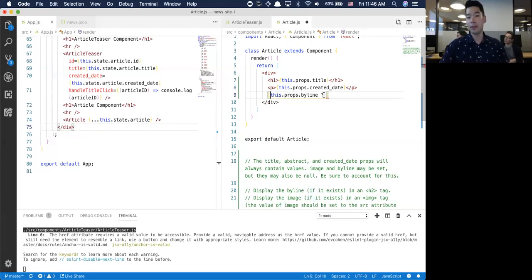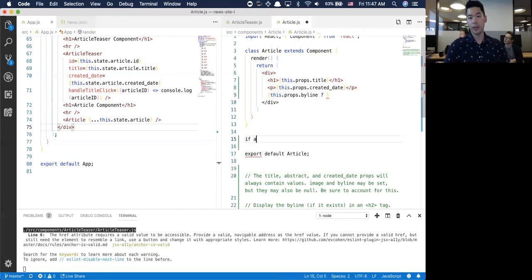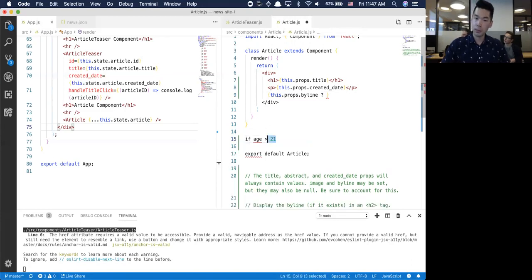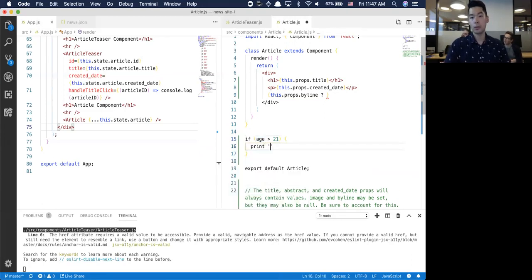So if this question, it's like if age is greater than 21. Oh God, sorry. If you really need to do multi-line, you can just take it out of the function and then